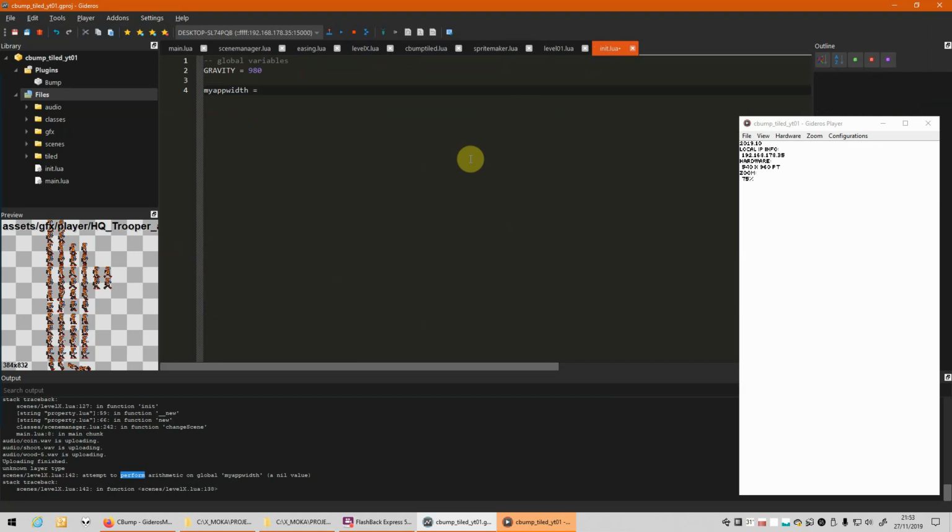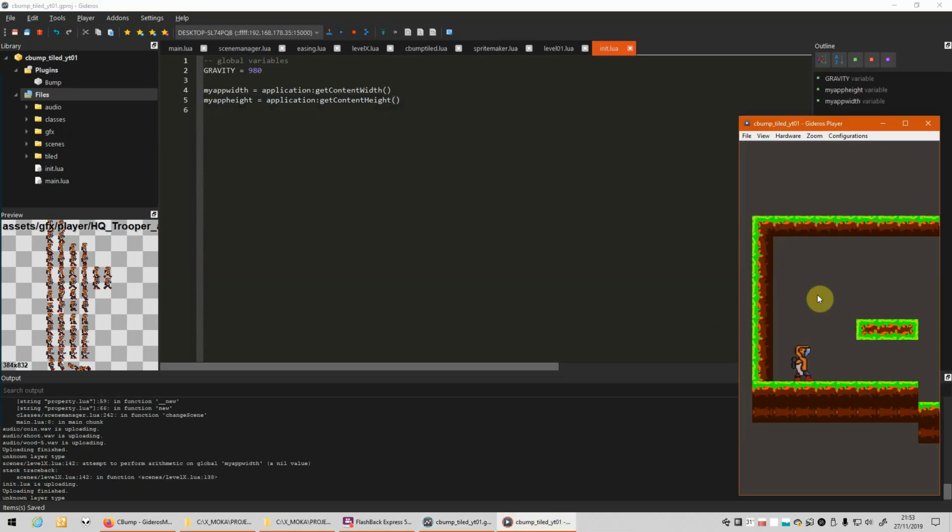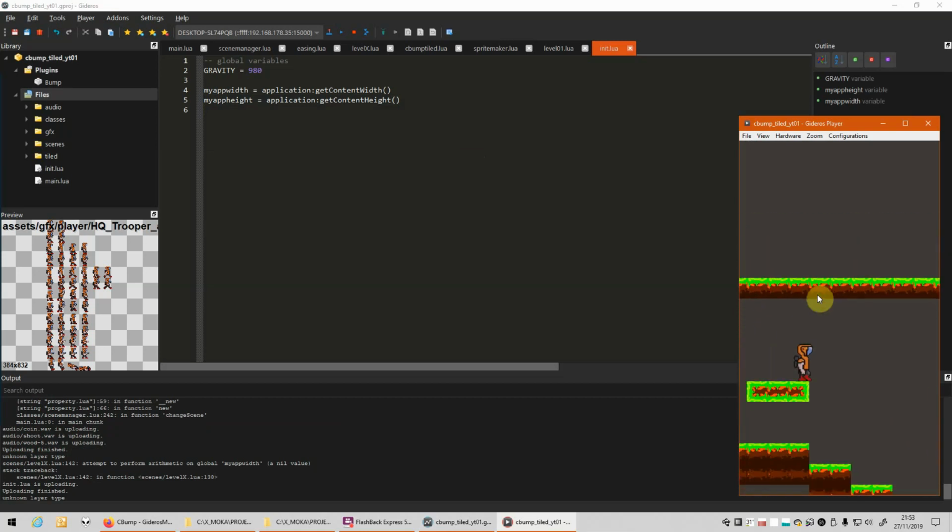My app with is referring to application get content with, and my app height equals application get content height. Height. Okay. Now let's run again, and it's ready. The game is running exactly.